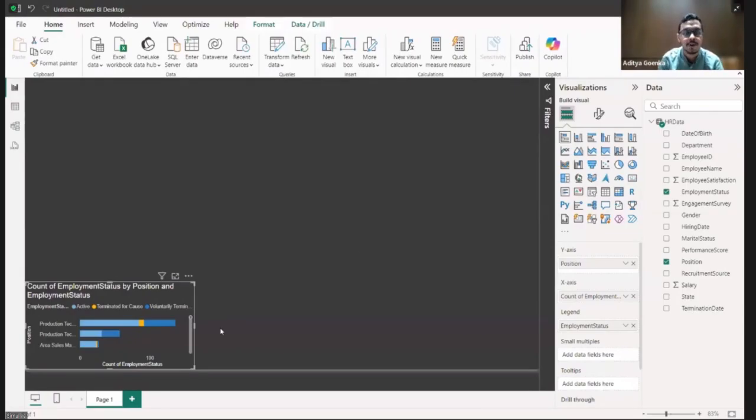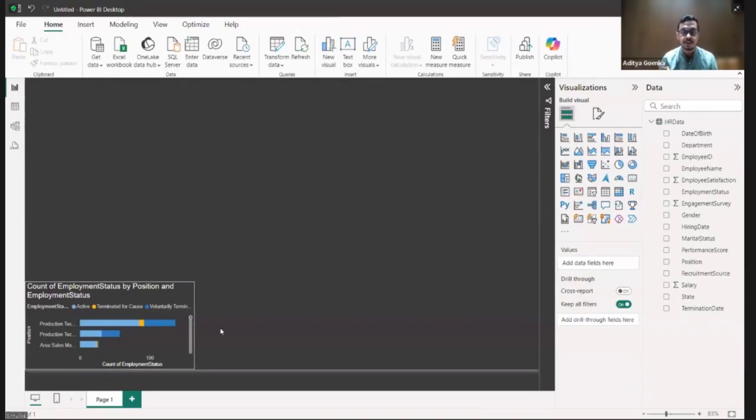Yes. Amazing. Okay, let's move to the second thing that we can show to our senior management. The senior management would be very interested in knowing the salaries for every position inside the company. How many of you agree? Knowing the salary for every position, like production technician 1, 2, what the salaries are. How many of you feel that it's a very valid thing that management would like to see? Yes. So let's go ahead and show that to the management.